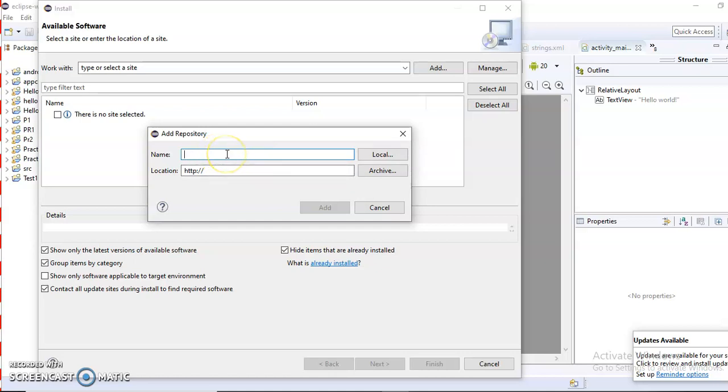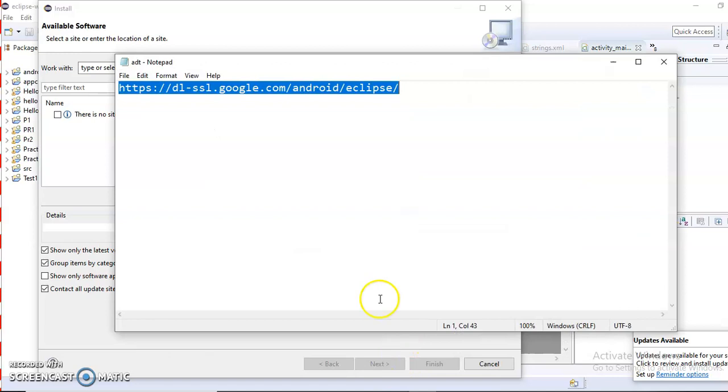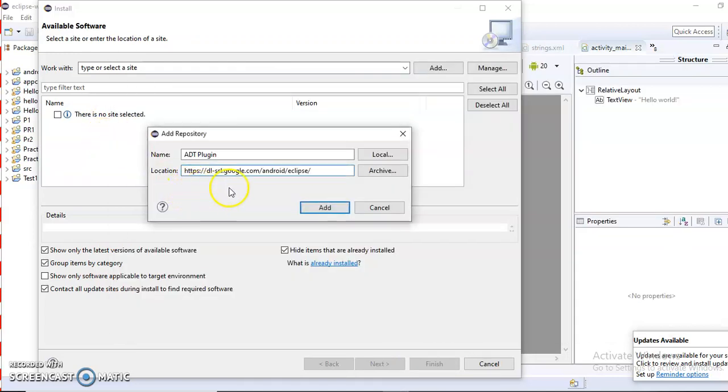For that, give the name as ADT plugin and specify the location dl-ssl.google.com/android/eclipse.